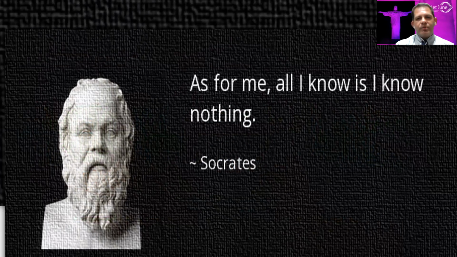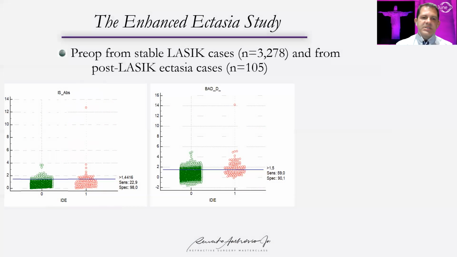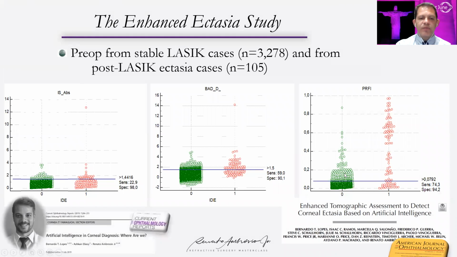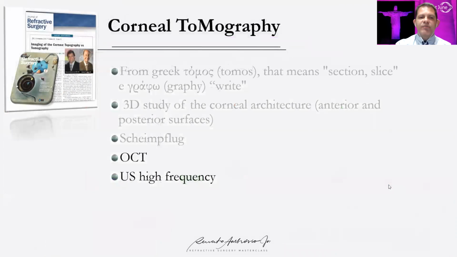Another quote that comes to my mind is that we have to evolve always. And understanding that we need to evolve, in a larger population with 105 ectasia cases in which we had the pre-op Pentacam, we got a sensitivity of 60%. Random forest analysis of the tomography data would lead us to a higher ROC with more sensitivity, but still missing about 25% of these cases. Some of these cases are related to the impact from surgery, but it's clear that we have to go beyond,